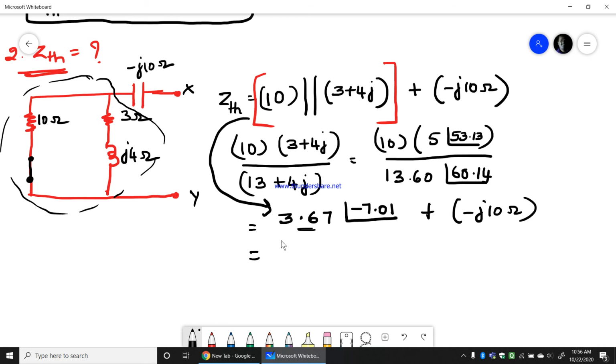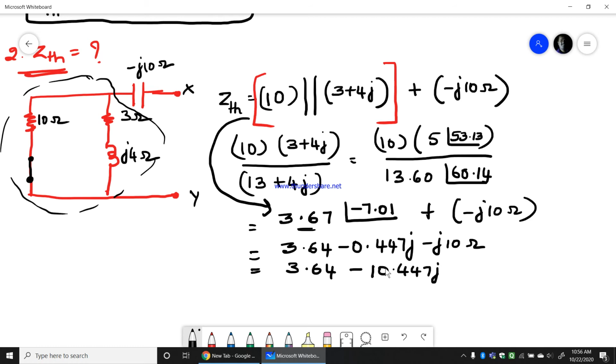So I will get 3.64 minus 0.447J minus J10. So this will give me what? 3.64 minus 10.447